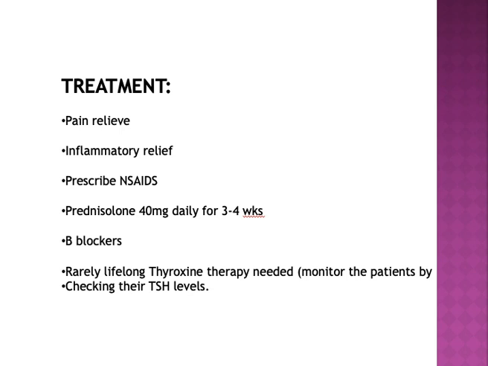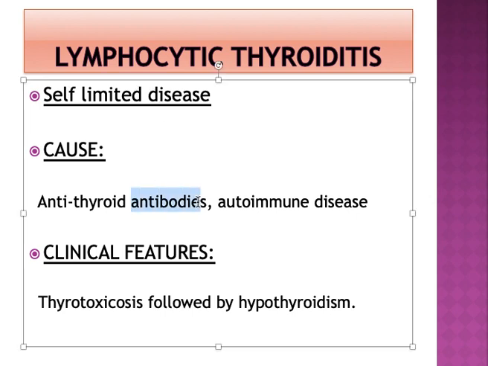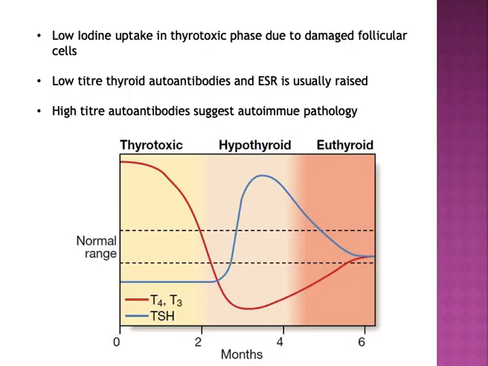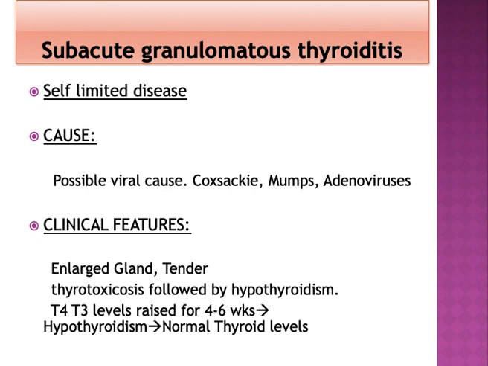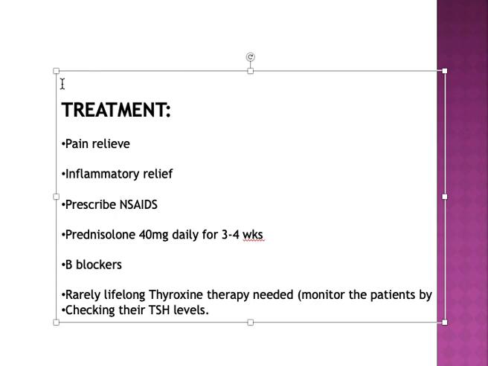So this is pretty much about Hashimoto's thyroiditis. That is the thing you should know, and the rest is all explanation of this. Lymphocytic thyroiditis is a self-limited disease, as you know. What we are going to find is antibodies. Yes, again, one very important point which I forgot to mention: investigations will remain the same. The only investigation you have to do to diagnose Hashimoto's thyroiditis, I'm going to add it over here, is you will find